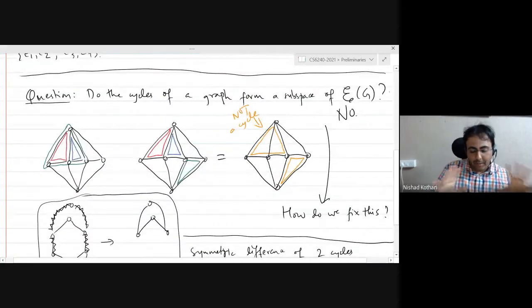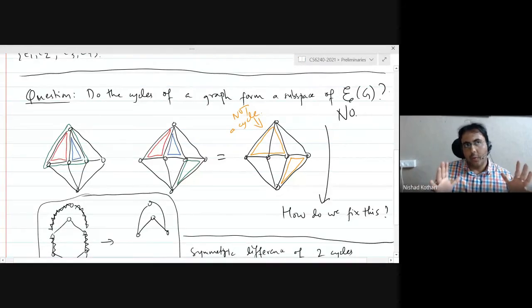For this entire part, we are going to think of all our subgraphs as spanning, because what we are doing is dealing with the edge sets of a graph. So we will think that all the vertices are just there. We want to associate subgraphs with edge sets. And the best way to do that is to not worry about the vertices at all. So for this entire part, we will think that the vertices are always there and we are just selecting subsets of edges.